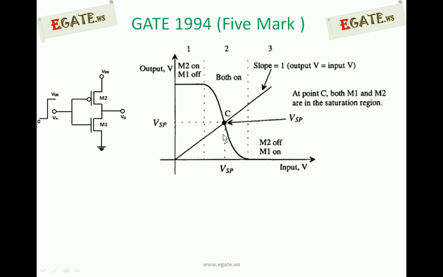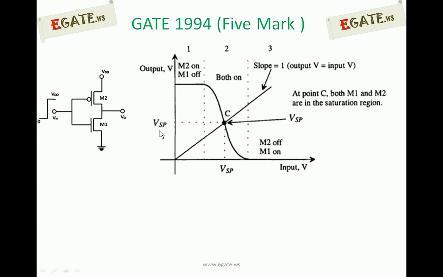Look at this one. This is the voltage transfer characteristics, where we plot V0 versus V input. So this is the point where V0 is equal to V input is equal to 0, and if you draw a straight line with a slope of 1, that is V0 is equal to V in, this line crosses the VTC, the voltage transfer characteristics, at point C. At this point V out is equal to V in on the CMOS characteristics,